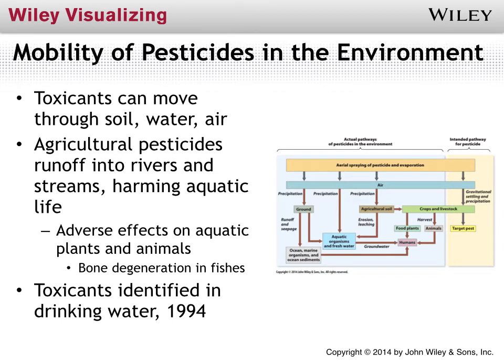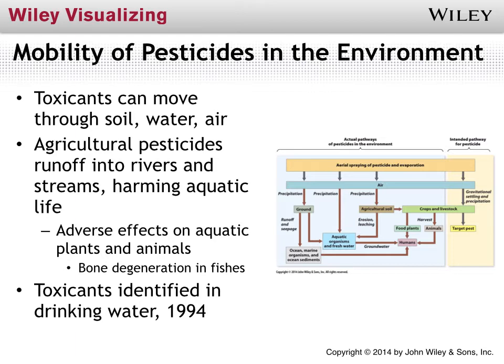So again, one of those things we have to understand in order to control the effects of these chemicals is how mobile they are. Toxicants can move through the soil, they can move through water, and some of them can disperse through the air. So knowing how the chemical or toxicant can disperse is obviously a very first step to understanding how to control it.